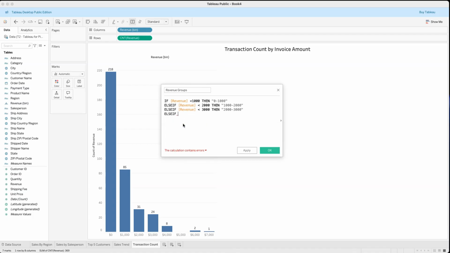bring in our revenue, less than, and this time we want it less than 4,000. Okay. Then we want it to say, and it'll bring it in, between 3,000 to 4,000. Close our quotes. And then this time it's else, not an else if, just else. Okay. Anything